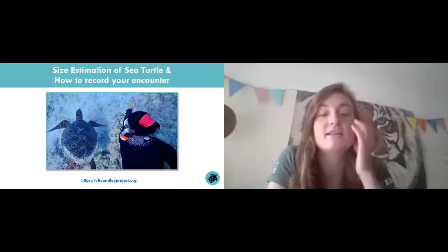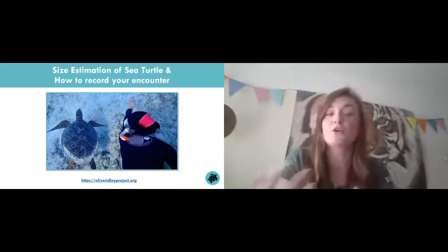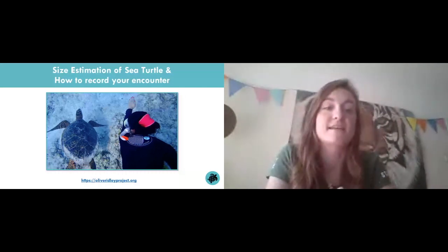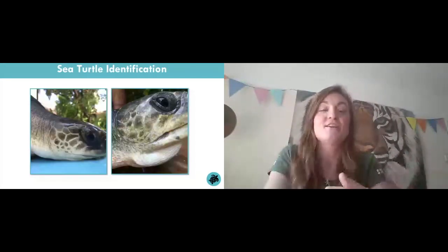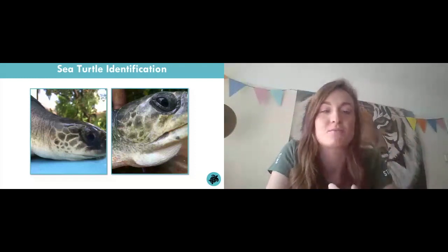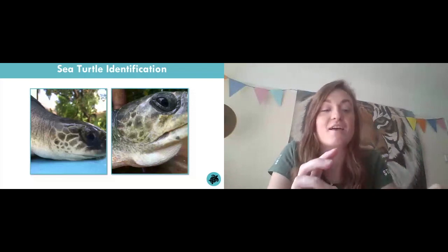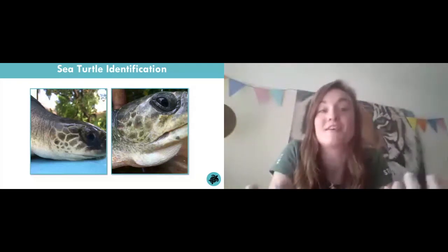So the side of a turtle's face is like a human fingerprint. It's completely unique. No two turtles will have the same pattern of scales on their face, and this allows us to identify turtles. So when we keep records, we have one of the largest databases of photo ID turtles in the world, and we track them not with tags, not with chips or anything like that, but with this really non-invasive